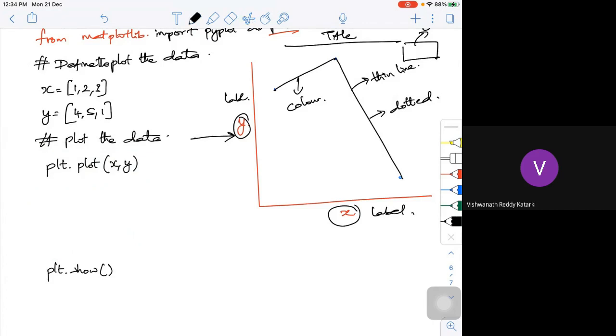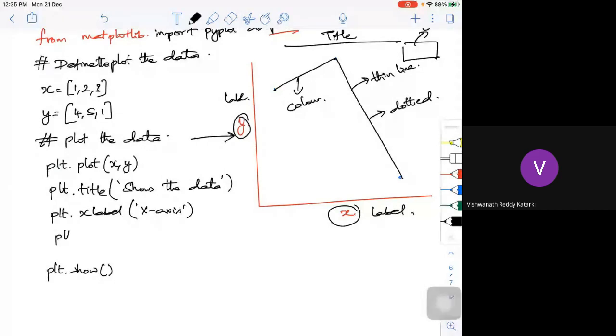So plt dot title. I'm going to use a function called title. It shows some kind of title you are giving. Now plt dot xlabel, I want to show X axis something.